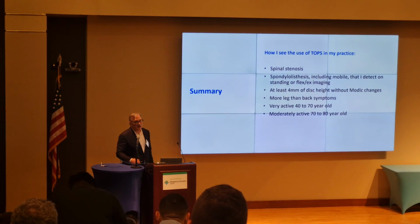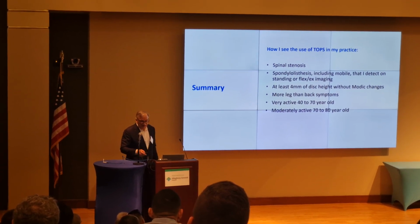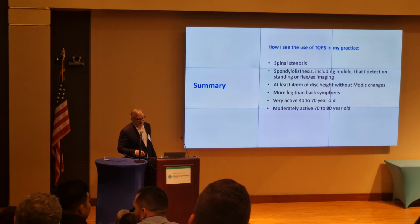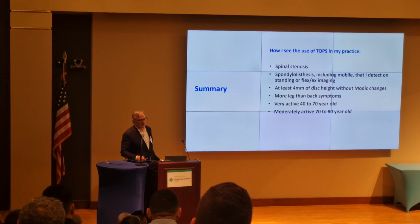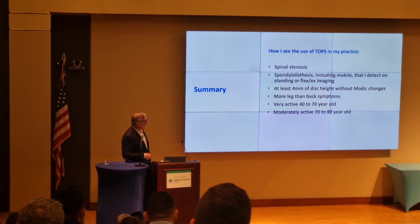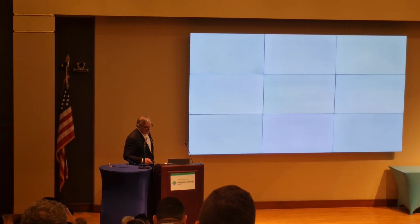I haven't done that. I will say, since it's been approved by the FDA, the company has an add-on device that does allow you to do a fusion at one level and TOPS at the other level, which might help in certain circumstances where you want to fuse, say, L5-S1 and provide a non-fusion motion preservation at the L4-5 level. With that, I would say